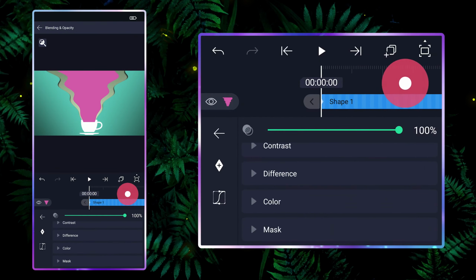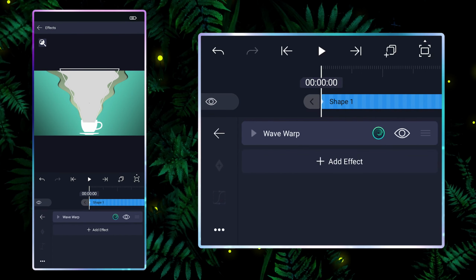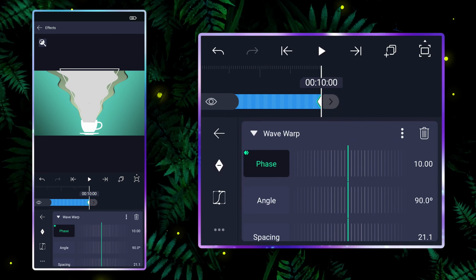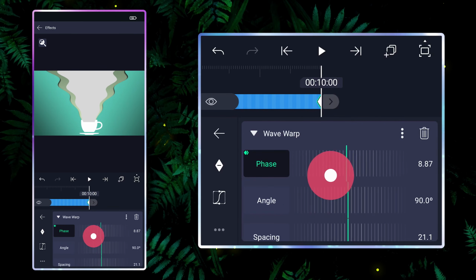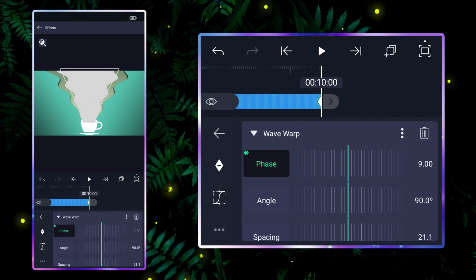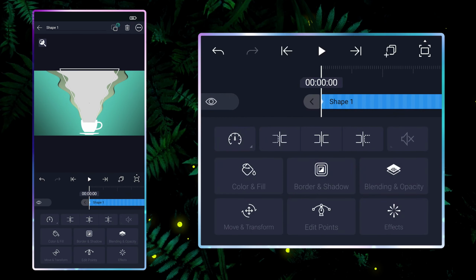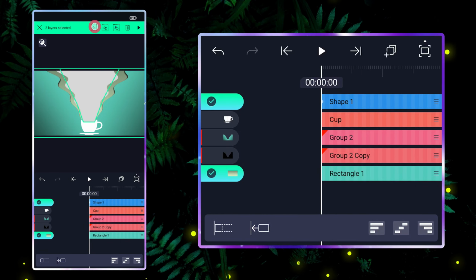Change its blending mode to exclude. Adjust the effect values to create different waves for this layer. Select both the shape 1 and rectangle 1 layer and merge them.